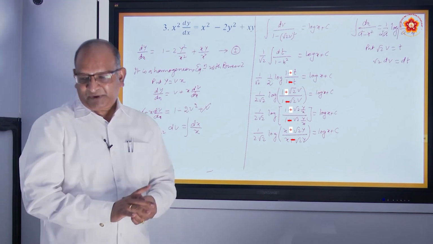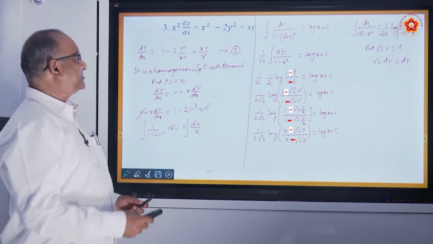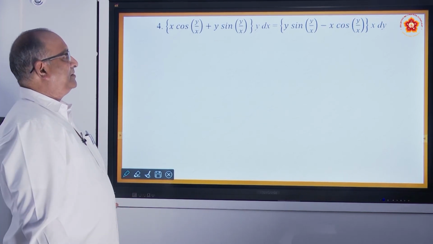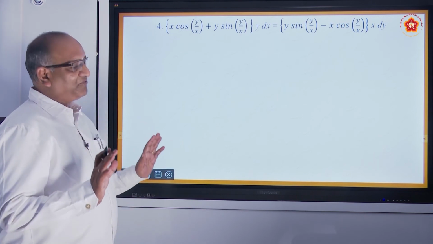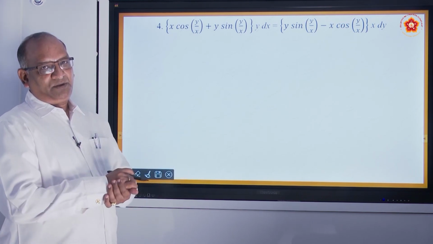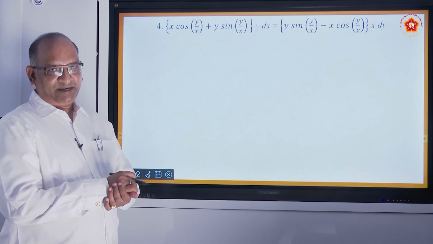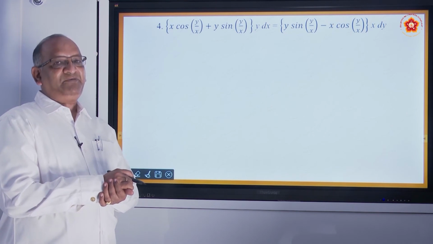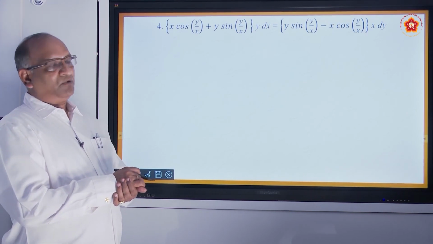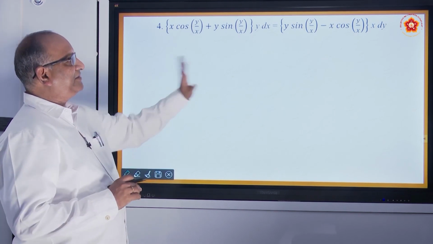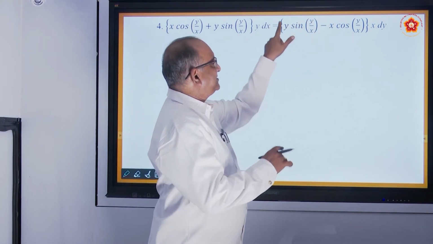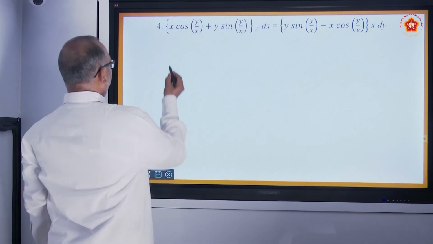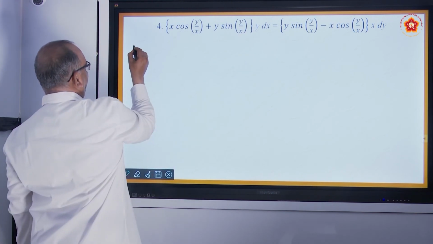Okay. So, from here we move on to the next problem. This particular problem appears to be a big problem, but the procedure which we follow is one and the same. First, we have to ensure that it is homogeneous, and in order to ensure that it is homogeneous, try to write it as dy by dx equal to, if you want to write the whole thing as dy by dx, this whole thing which is there in the middle bracket should be brought here, take dx that side. So, what this will become? It will become dy by dx